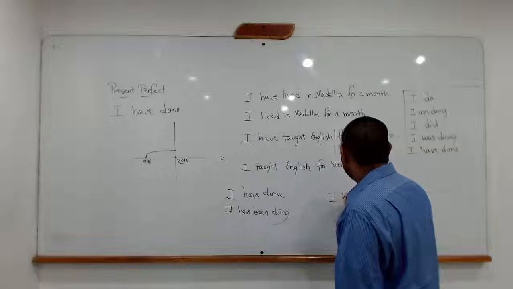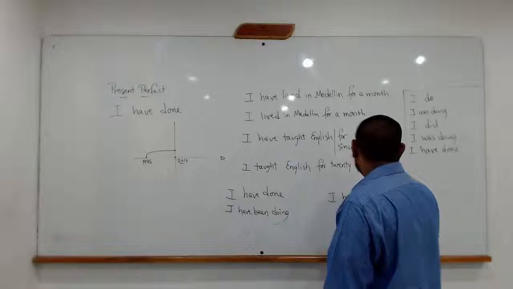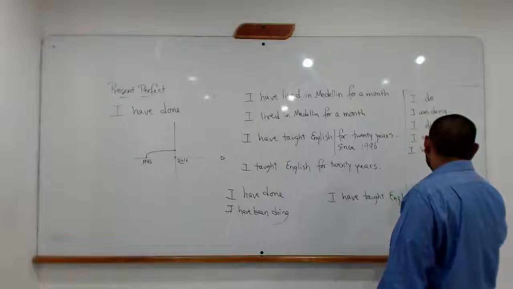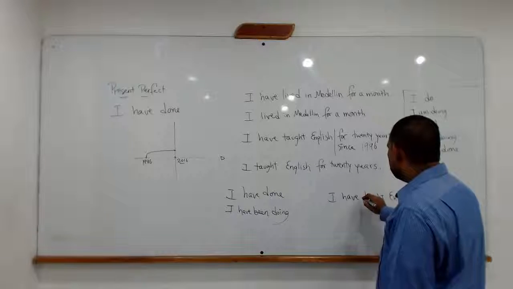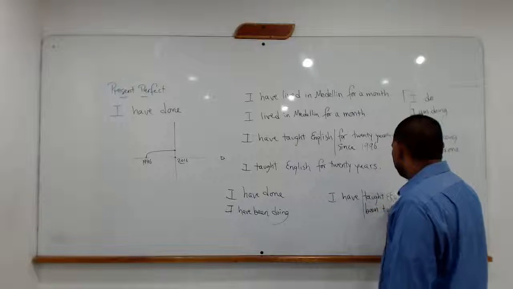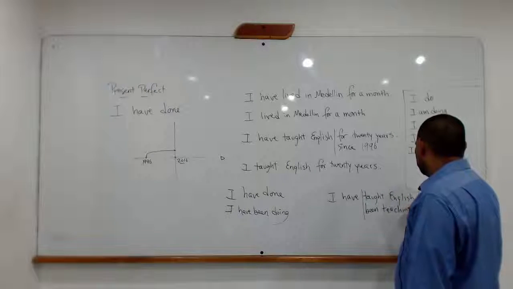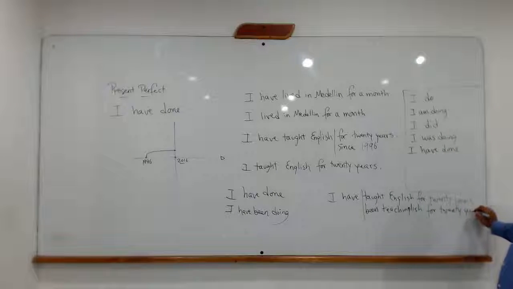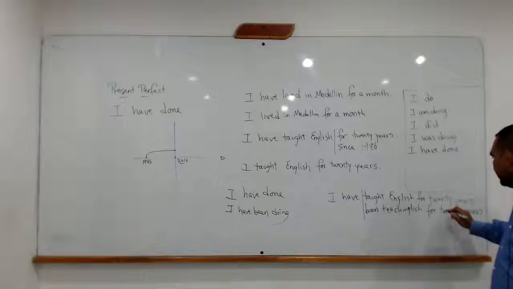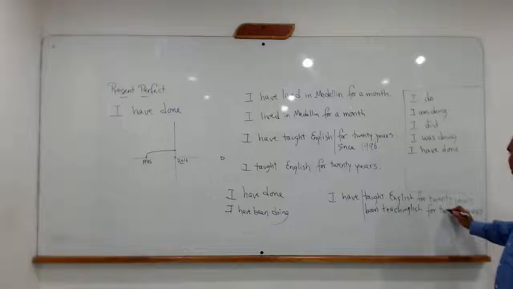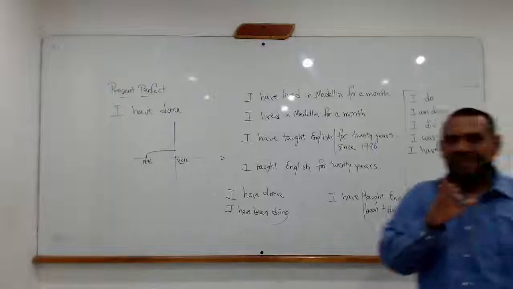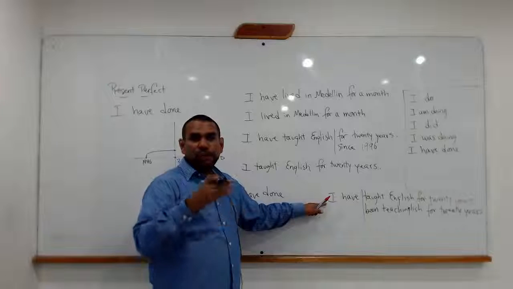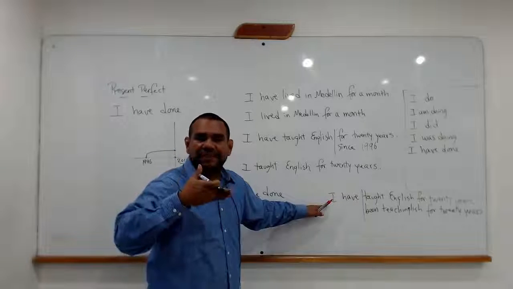We can say, I have taught English for 20 years. Or we can also say, I have been teaching English for 20 years. Let me write it better. Okay. Yes. I have taught English for 20 years, or I have been teaching English for 20 years. Right. That is for you to refer to the amount of time, the quantity of time the person has done